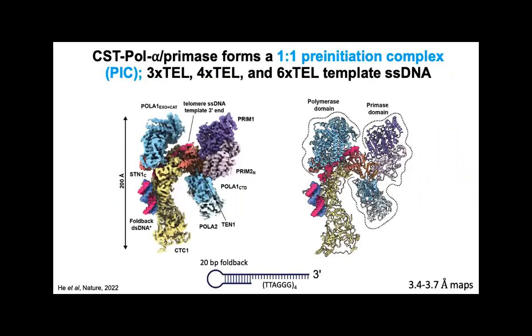naturally it's quite easy to get to the cryo-EM state, and then we solved about a 3.5 angstrom structure of the co-complex. We solved it not only with one template, but with 3 repeats, 4 repeats, and 6 repeats, and all of them show the same structure. Essentially, it's 1 CST per Pol-a primase. I'm not going to go into too much detail, but I'm going to go to some of the exciting insights that